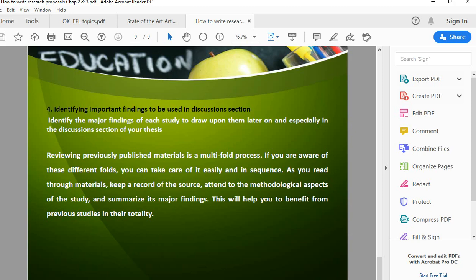Therefore, it's very important how to read the material, the previously done researches, and how to use them in our own research. Okay,